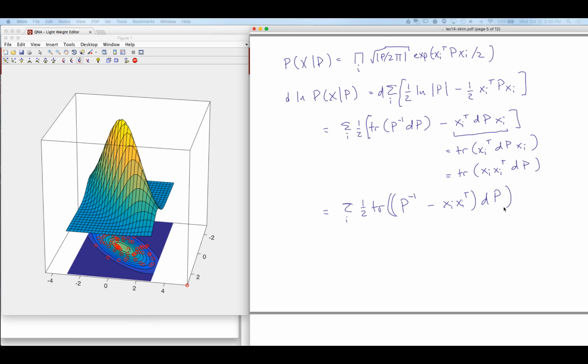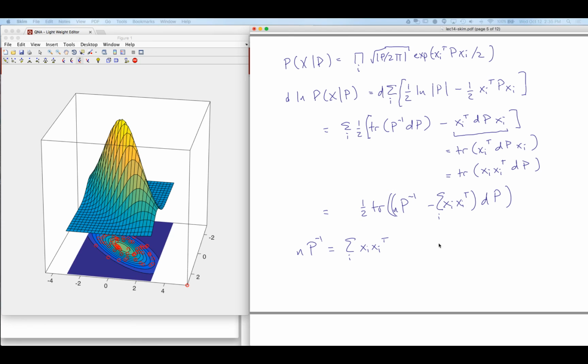All right. And now we can push the sum inwards, right? So I'll erase the sum. There are n copies of P inverse, and I'm going to push the sum to there. All right. So we want to set this to 0. In order for it to be 0, no matter what dP is, the coefficient of dP has to be 0. So that means that n P inverse